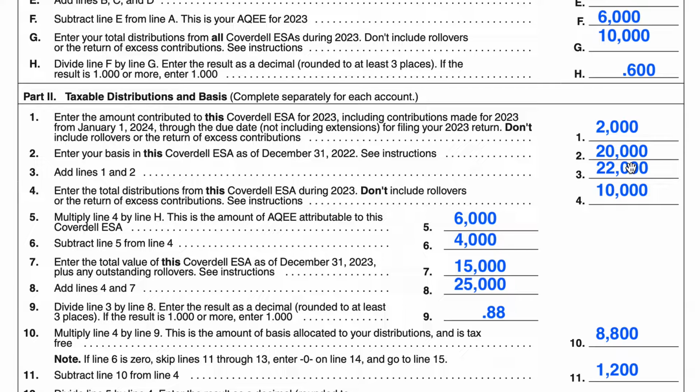But now we have to recalculate basis when we account for the distributions. So this is where the math gets a little tricky, and I'll tell you, when you get to about line 7 or 8, your brain's going to start overthinking this, and you're probably just going to have to push the imaginary "I believe" button and simply follow the instructions. It won't make sense, but if you just do what the form tells you to do and trust that